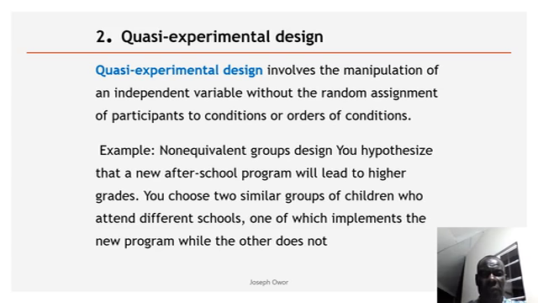You don't put people randomly in the group, control group and experiment group. You can biasly put them there. Once you biasly put them there, that is called quasi-experimental design. The same things, I mean, the treatment is given. The only problem is that you didn't do random